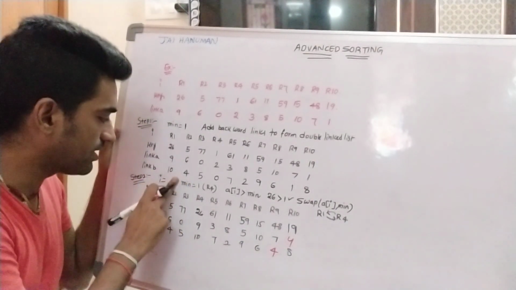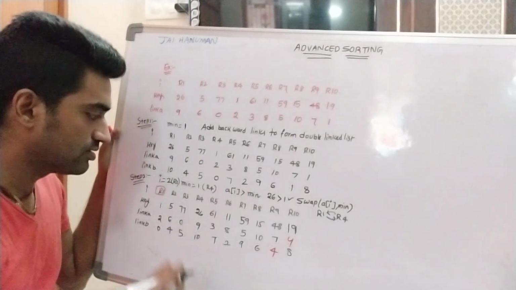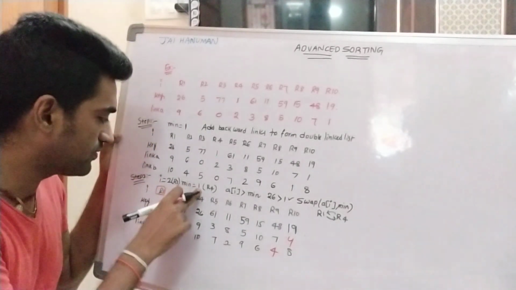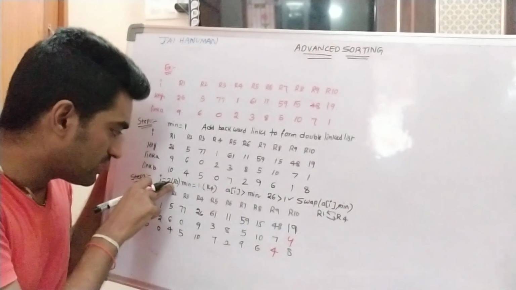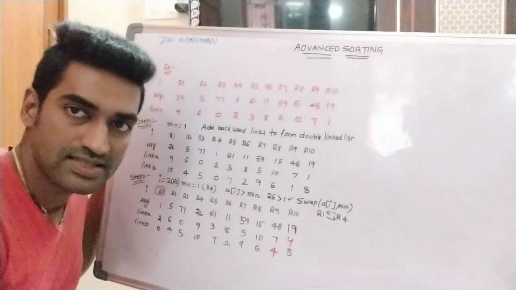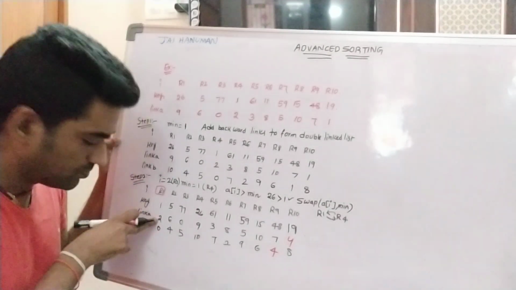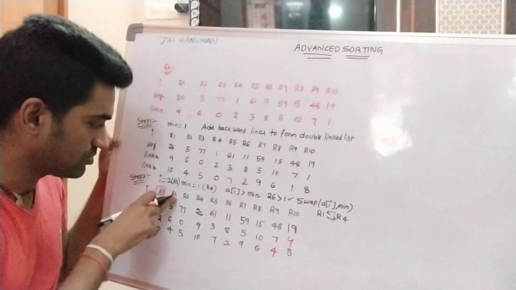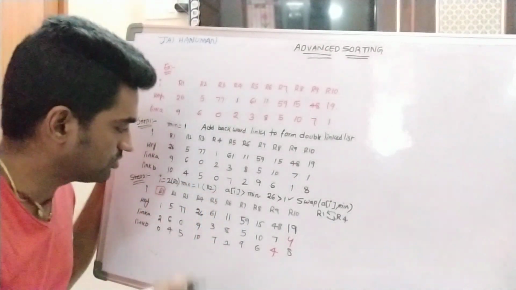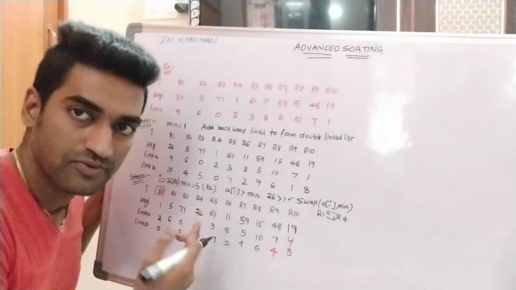Now what is the value of I? 2. So that is nothing but the R2 record. We can find the minimum value with the help of the previous sorted record's link A value. What is the previous sorted record's link value? 2. So go to R2. Now the minimum value is R2. So what is the value? 5.